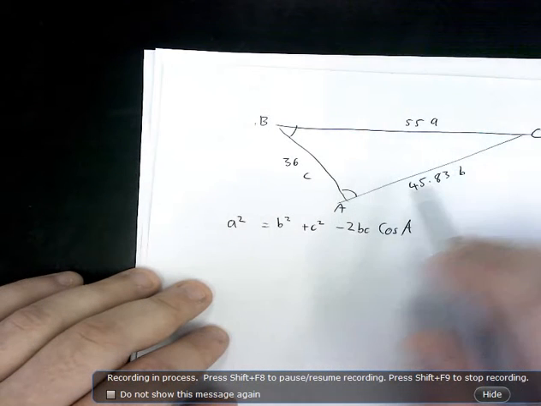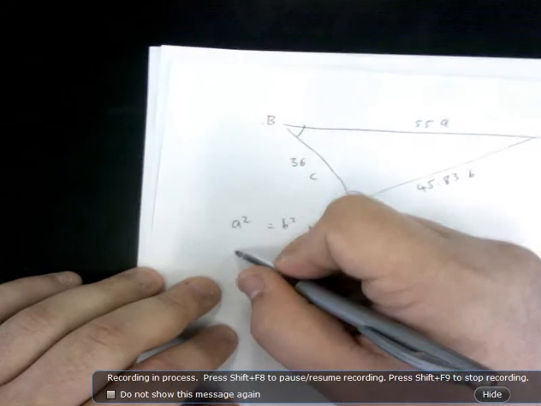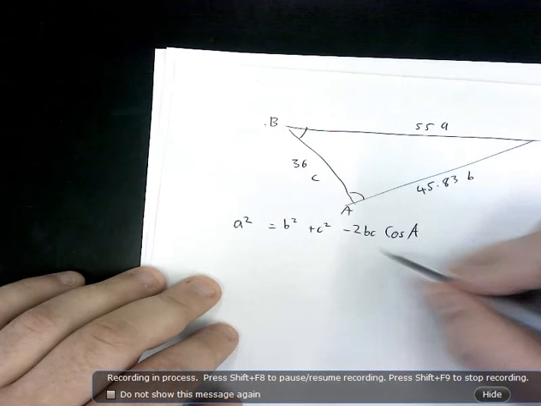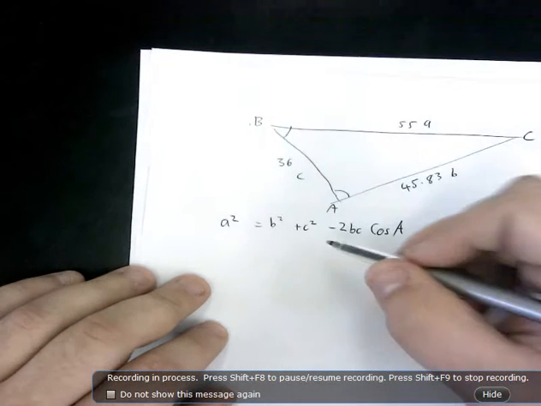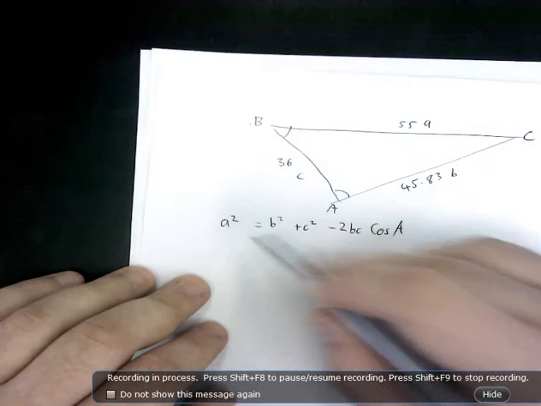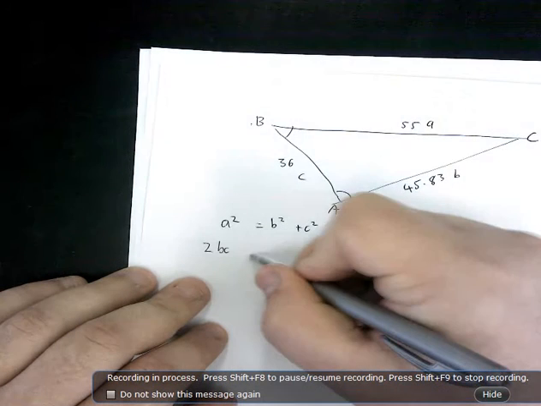I know what B is. I know what C is. So I'm going to rearrange this equation first so that I've got cosine of A, because big A, the angle A, is what I don't know. So if I put this whole thing over to here, and this A squared over this side, that's going to leave me with 2BC cosine A